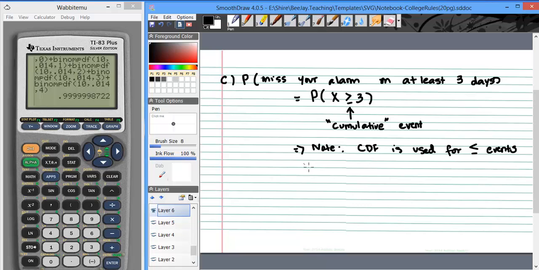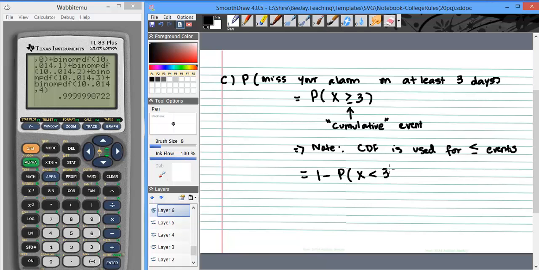But in this case, we don't have a less than or equal to event, rather we have a greater than or equal to event. So we have to transform the greater than or equal to into a less than or equal to without changing the logic of the statement. If you use the complementary rule, the complement of greater than or equal to 3